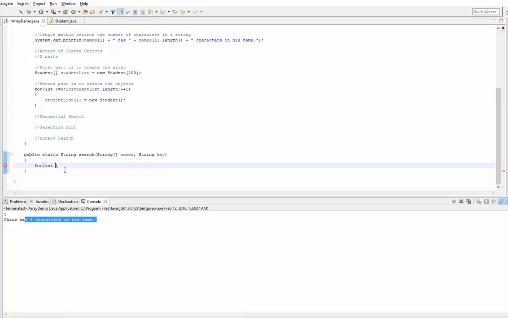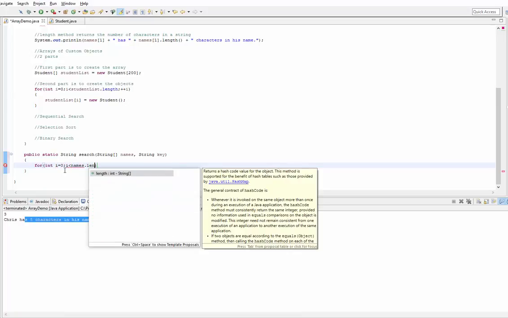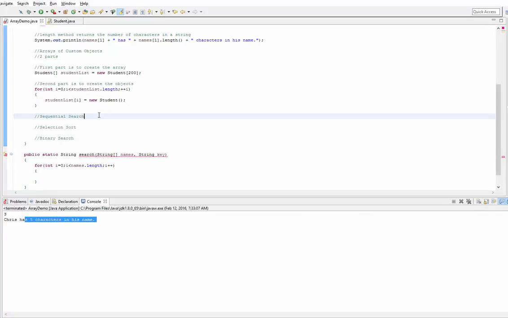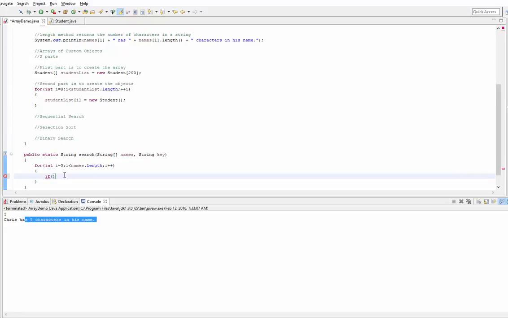For int i equals 0, i less than names dot length, i plus plus, and the logic is not really that complex. A sequential search is just going to start at position 0 and loop through each element in the array one at a time until it finds the result that it's looking for, or until it doesn't find it. So we'll say if names sub 0,